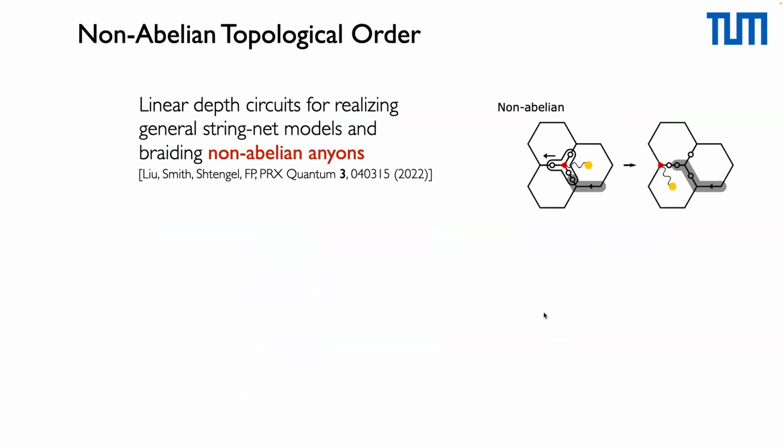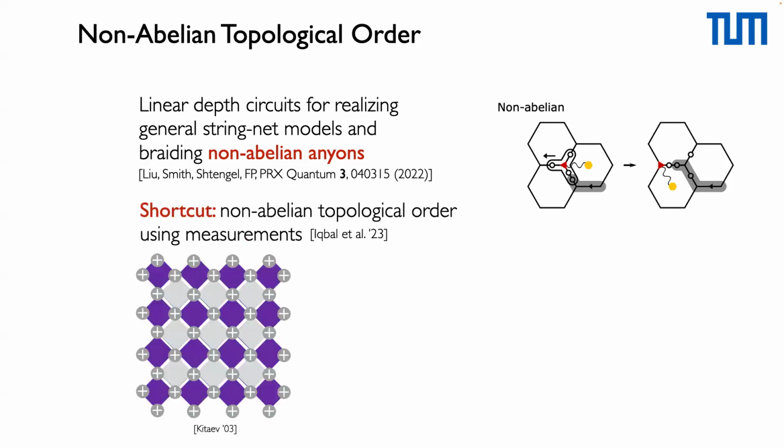We could also show that this construction, basically this zipper construction, we can generalize to all stringnet models, which means that we can also realize non-abelian models. We can also create the ground states of non-abelian stringnet models, and also have operators which perform the exchange. So everything that we showed in the first part for the toric code model also works for